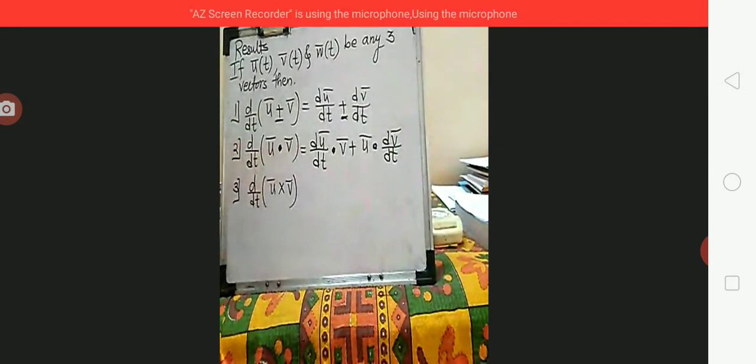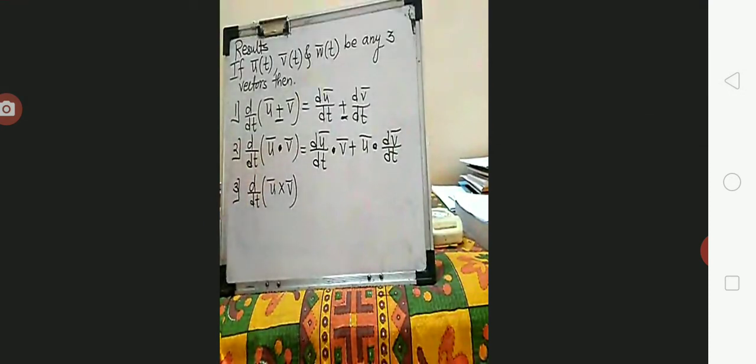So you just take the left hand side, find it out, and you'll be able to write down the dot product of these two terms. Correct. So take out v bar common, take out u bar common, write it in terms of dot again. Now same thing we'll do for the cross product.